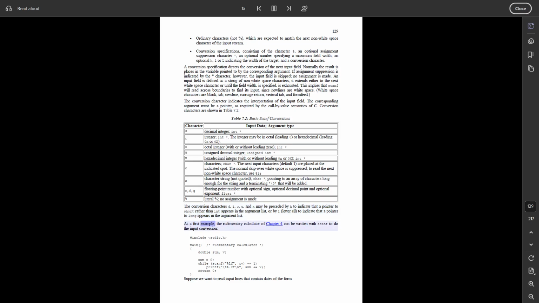As a first example, the rudimentary calculator of Chapter 4 can be written with scanf to do the input conversion. #include <stdio.h> main() /* rudimentary calculator */ { double sum, v; sum = 0; while (scanf("%lf", &v) == 1) printf("\t%.2f\n", sum += v); return 0; }